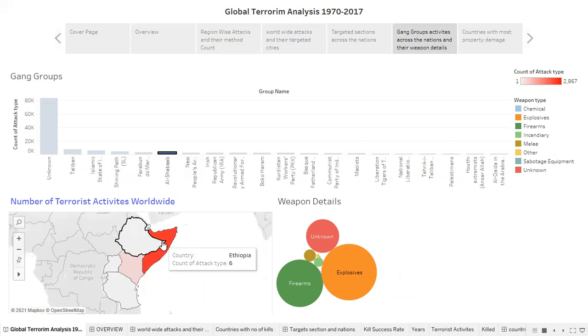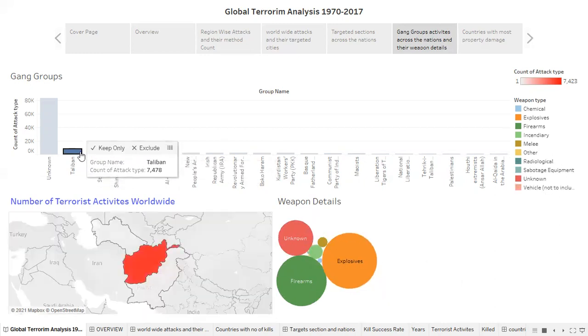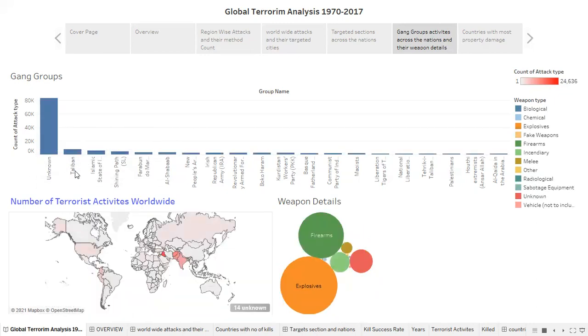We can say these are the favorite countries for their attacking, and each and every time they attack, most of the times they are using explosives, firearms, and unknown weapons. So again, this is so informative, right? We can say which group is most active in which country, and which weapons they are using for attacking.